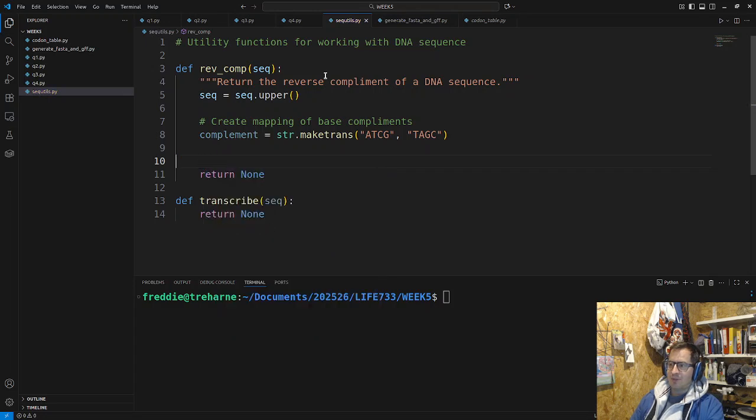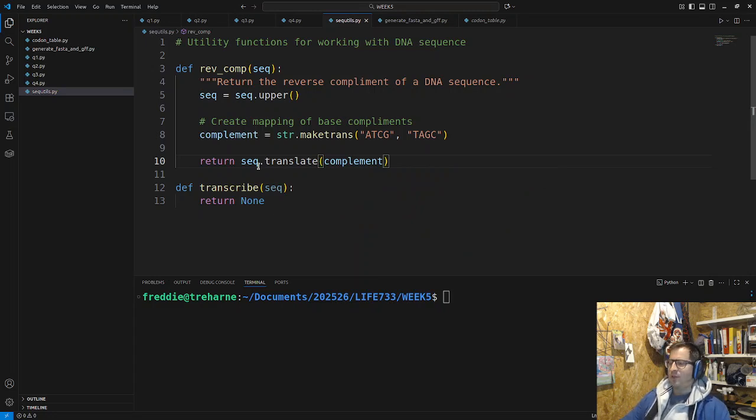Actually, I'm just going to return this now. What I'm going to return here is my reverse complement, which will be the sequence dot translate, and then I'm going to put in complement. Let me just unpack that. I'm calling my sequence and hitting it with an inbuilt string function called translate, and I'm going to feed this complement table of my mappings into it so it knows how to change all of the characters in my sequence. That will essentially give me the complement,